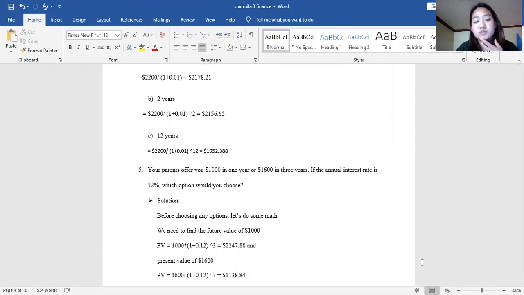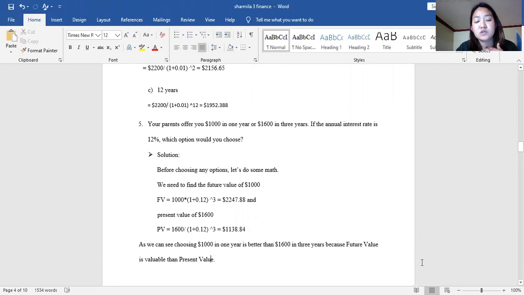If the annual interest rate is 12%, which option would you choose? Before choosing an option, I have some calculations. We need to find the future value of $1,000. Future value equals $1,000 times 1 plus 0.12 to the power 3, that is equal to $1,404.93, and the present value of